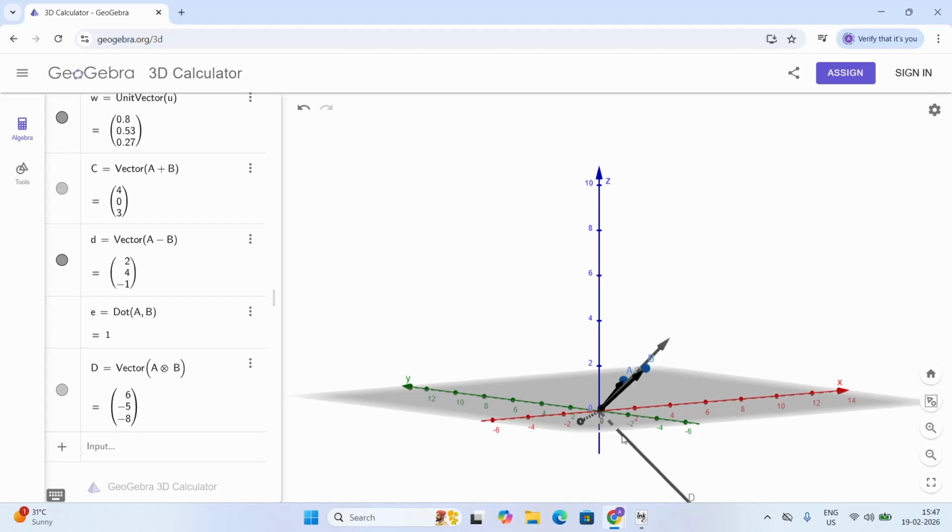So that's it about vector algebra. These are the operations you can perform on vectors: addition and multiplication. Multiplication involves dot and cross products, and we also covered how to find magnitude and unit vectors. So the basics are done here. Now in the next video, I'll be talking about